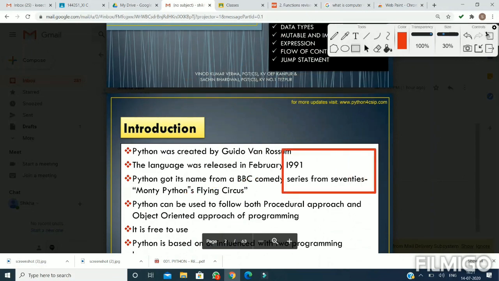This is the image that I have made. Another image, if I want to make, I can do it. So friends, to remove any wrong thing, you can use the eraser option. This is the eraser, and when we apply the eraser on any wrong area, it will be removed.